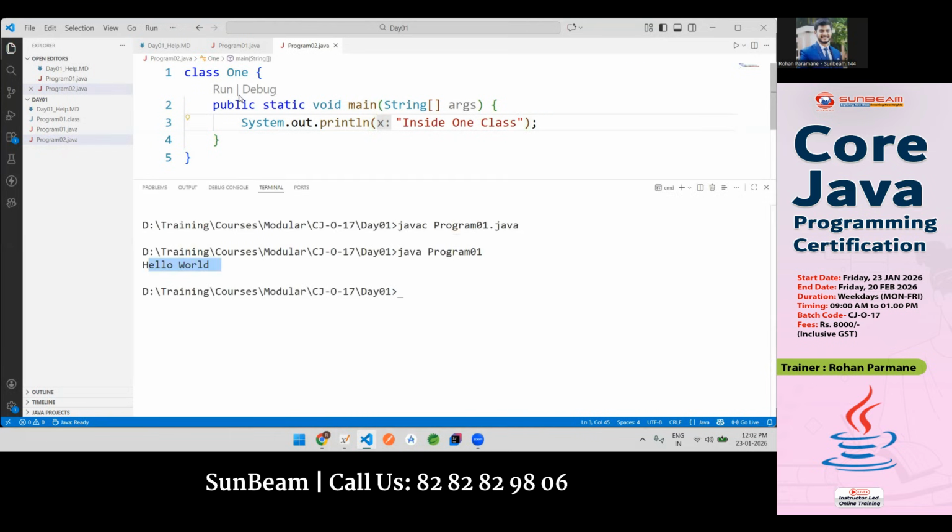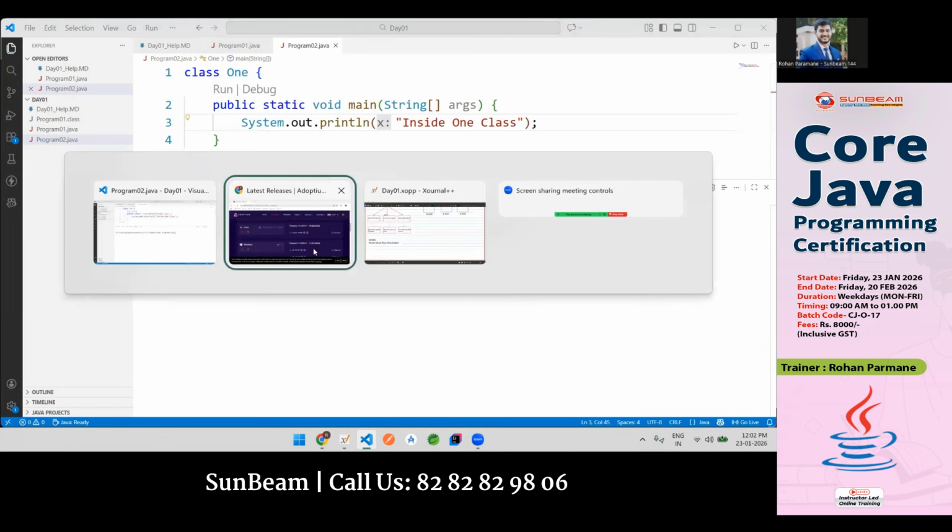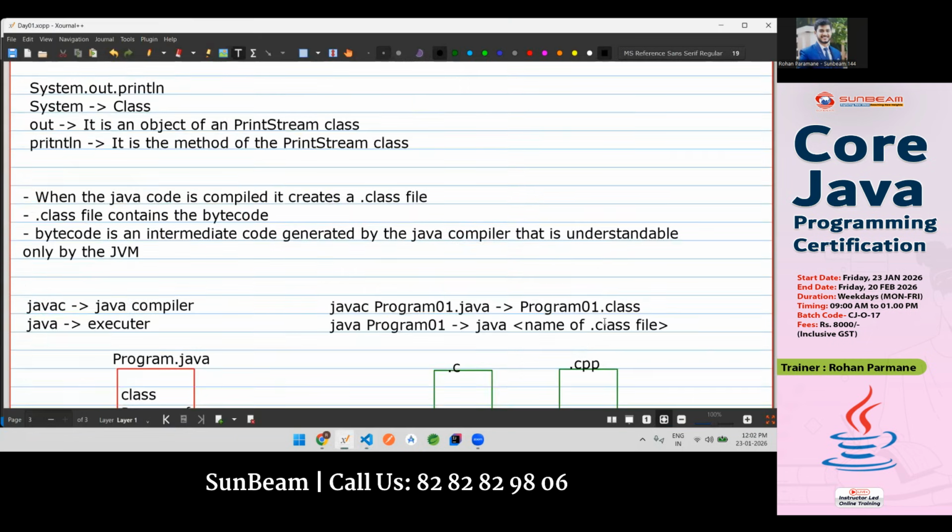Look at this. Compile this Java code. This is going to be javac. And say this is my program 02.java. Now remember, whenever you are going to do the compilation, make sure that